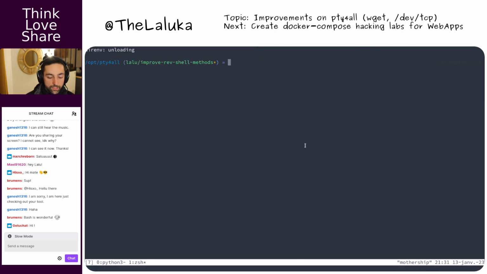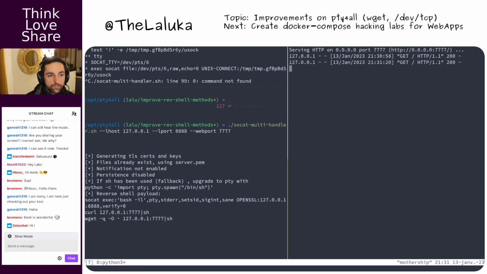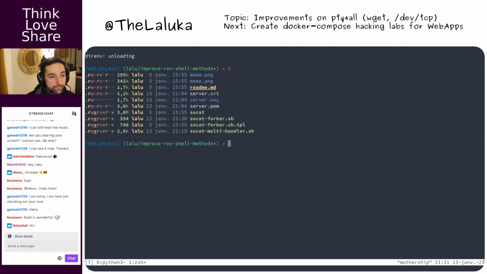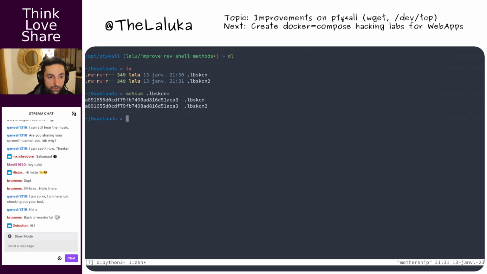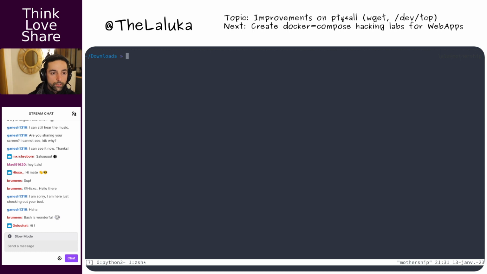So shell ll here, there. Oh, actually, la. Okay, so here are our two files, and if I go md5sum on two of them, we do have the same hash. So the content was preserved, our grep did not mess things around, and we can remove these bad boys.